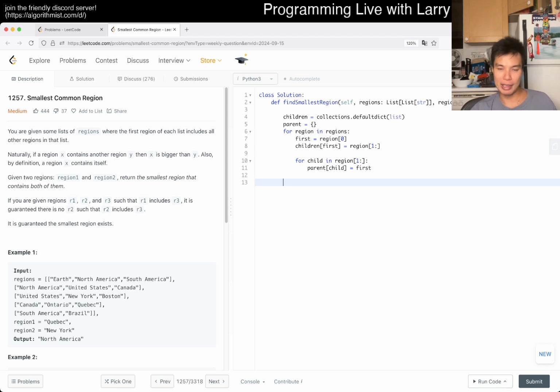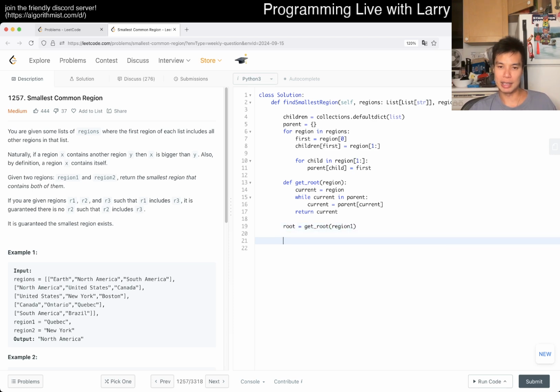And then now maybe we can get a get root function, and we have the current region, and we can just go up, right? So current is equal to region, while current is in parent, meaning that it has a parent, current is equal to parent of current, and then we just return current. We just basically go up the tree, right? And then now we can just go down the tree from the root. Root is equal to get root of region 1. They should be in the same tree, so it should be fine either way. You could take either one, but